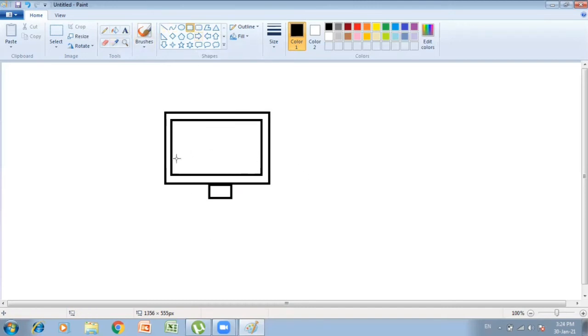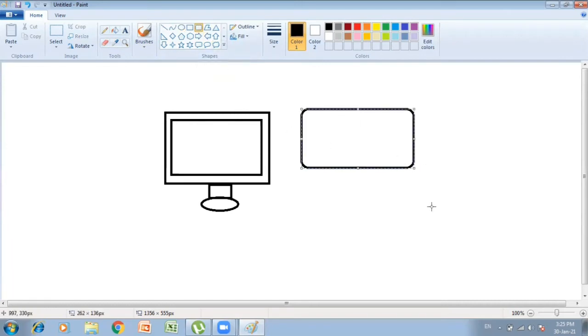Now I'll make a stand over here using the oval tool. Like this, your desktop is made. Now one more shape is given here, that is the rounded rectangle. Let us see the difference.